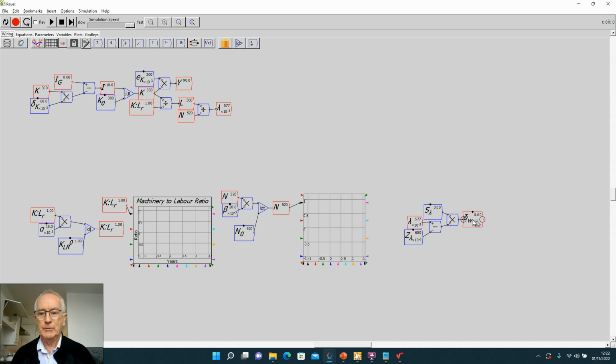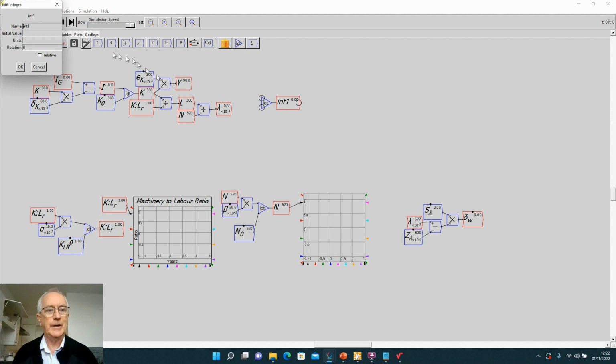So now I've got to bring in the rate of change of wages, and I'll use that to illustrate another way to type the integral block on Minsky. We try to use shorthands where the keyboard character looks like the mathematical operator we want to insert. So an integral sign looks like an ampersand, and if you type the ampersand on your keyboard, you'll get an integral block there. I'm now going to right click, edit that, and call this W, a lowercase w, for